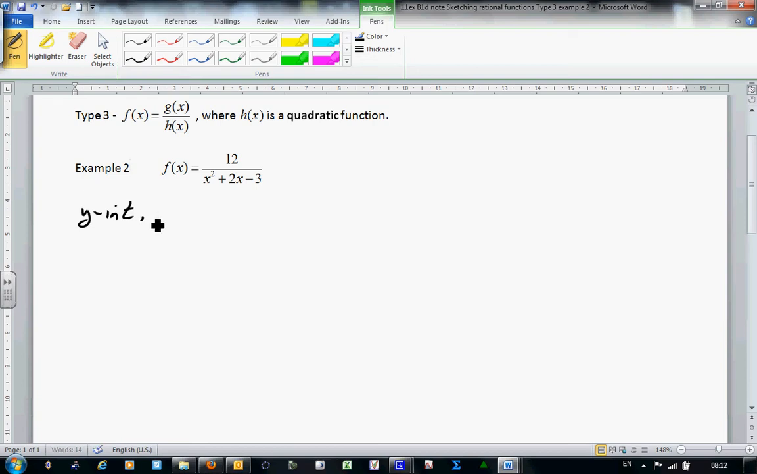Y-intercept is when x equals 0. So y equals 12 over x squared plus 2x minus 3. What's 0 squared? It is 0. Plus 2 lots of 0, take away 3, which is 12 over negative 3, which is negative 4. So when x is 0, y is negative 4. Next,